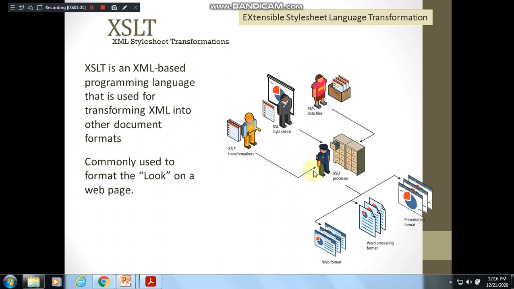Those are used together and are fed to the XSLT processor, which gives the output in the form of web format that is displayable on the browser, or it can be converted into a presentation format like PPT, graphs and all, and otherwise into a word processing format. These are all the different formats into which it can convert an XML file.